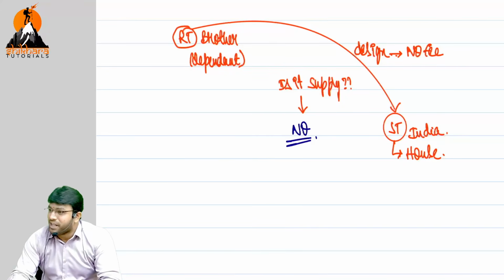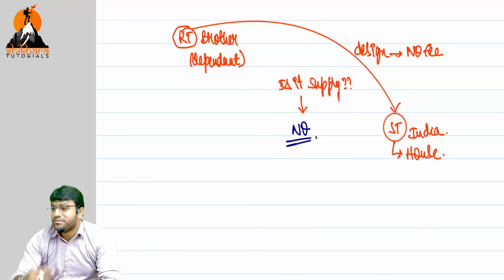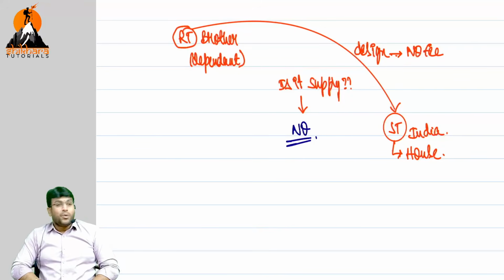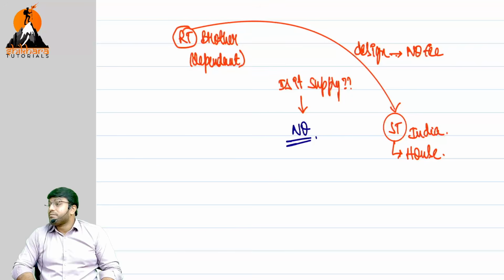Brother is a related person, dependent, very good. But the problem here is, it is not in the course or furtherance of business. I'm sure we are getting complete clarity. What is the point? Import of services by a person from a related person or from any of his establishments outside India in the course or furtherance of business. Are we all getting complete clarity on this?